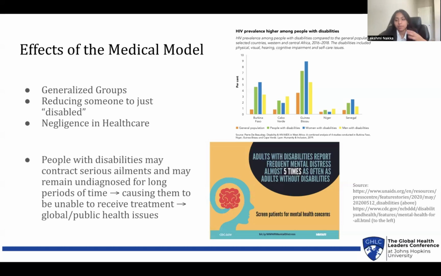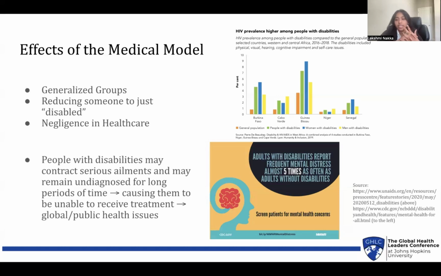Additionally, this idea of the medical model of disability can cause the negligence of other existing illnesses. Take, for example, the story of a 60-year-old man from Dallas. He'd been suffering from mental illness for a long time and was living in an assisted care facility surrounded by medical professionals. And one of the health issues he actually had was cancer. He had a lesion on his nose since 2017, and despite him and his family visiting many doctors, none of them ended up performing a biopsy or the proper tests.